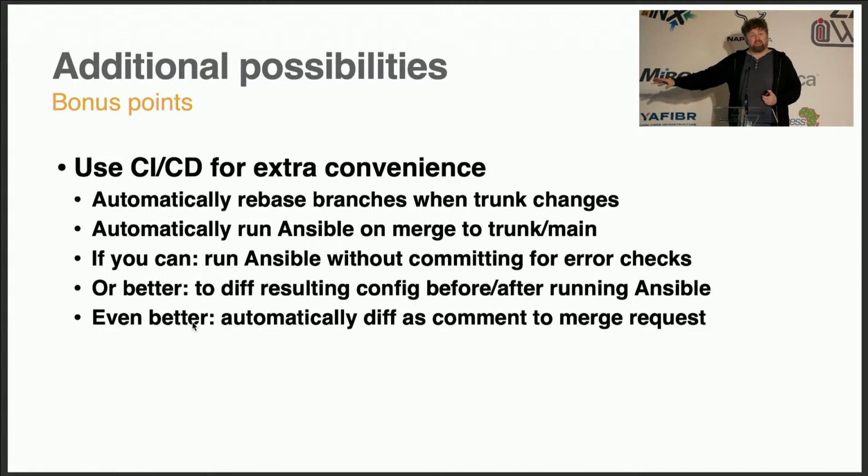on the other end. I wrote a little script for that, so that when somebody created a merge request, it would generate the new configs, push the new configs to the Juniper, do a show diff to see all the resulting changes, then not commit them, don't apply them, just use it as a syntax check and to get the changes, and then the output from the router would be appended to the merge request. So you could actually see, this is the input data that changed, this is the output configuration changes that will happen because of this, and then the moment you click merge, you knew exactly what was going to change.